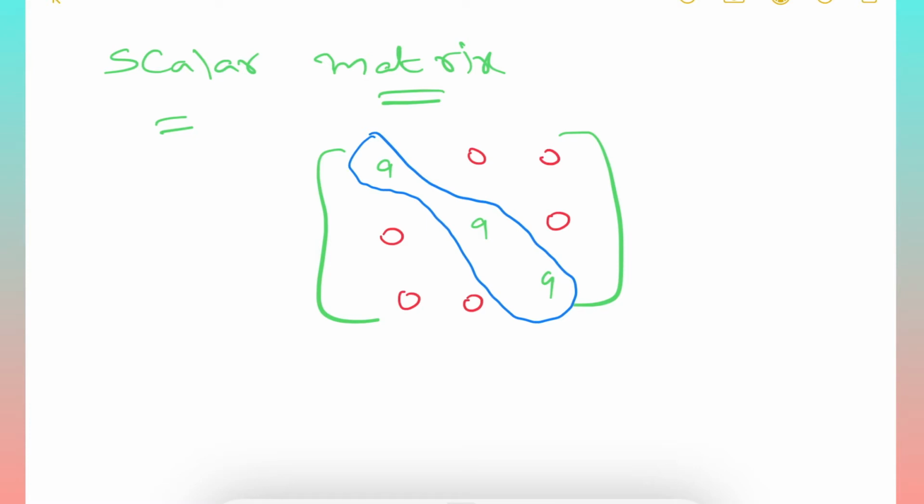So now if we observe this, three types. First one is square. Square matrix is nothing but the number of rows in a matrix should be equal to the number of columns in the same matrix. Next, diagonal matrix is nothing but only the diagonal elements should be present and remaining all the non-diagonal elements should be zeros compulsory. Next, scalar matrix. Non-diagonal elements should be zeros and diagonal elements should be same compulsory.